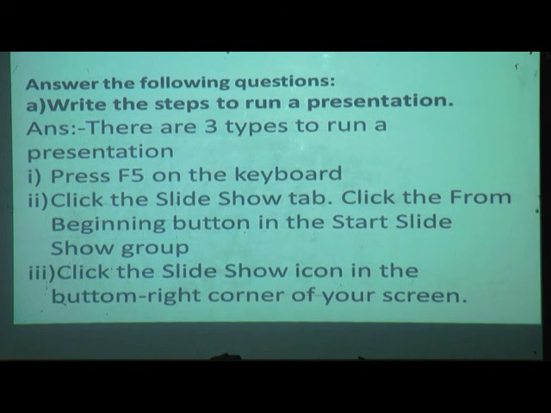What is the question? Write the steps to run the presentation. There are 3 ways to run the presentation.